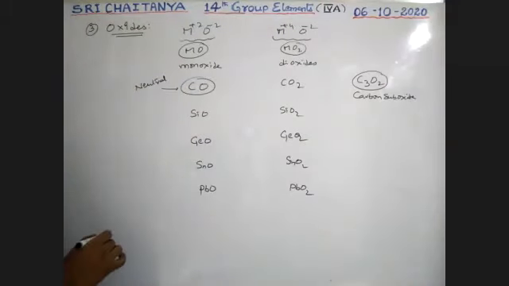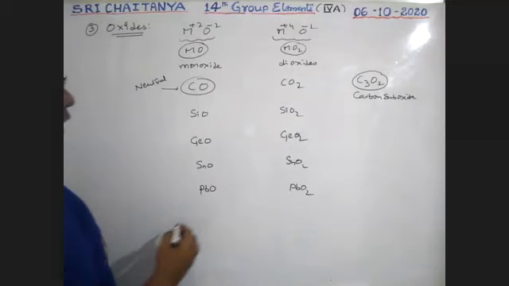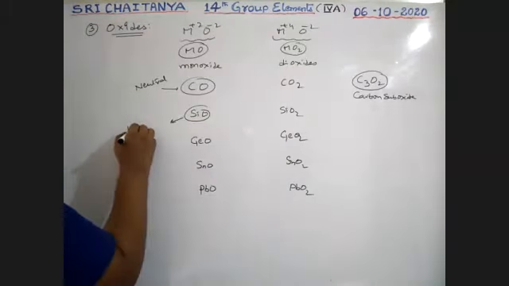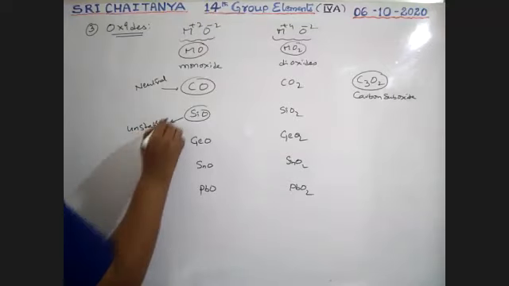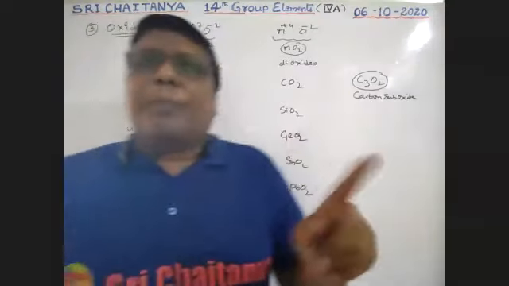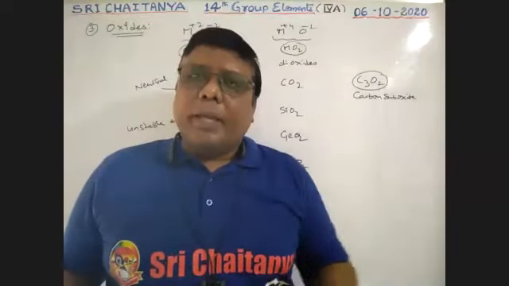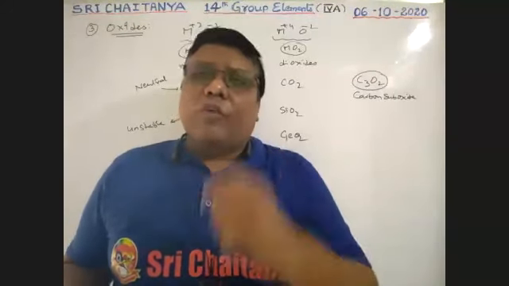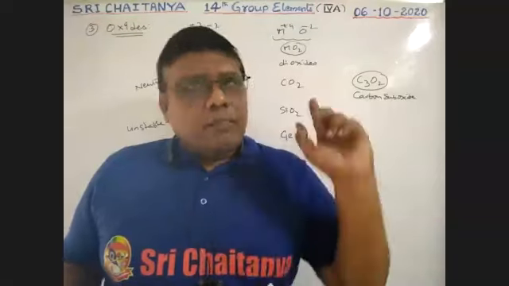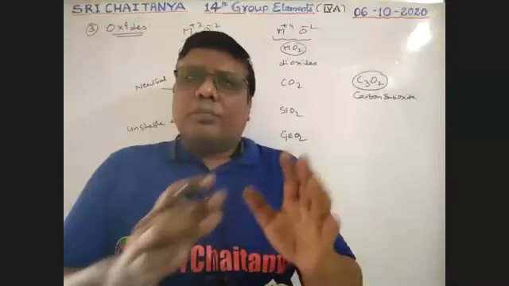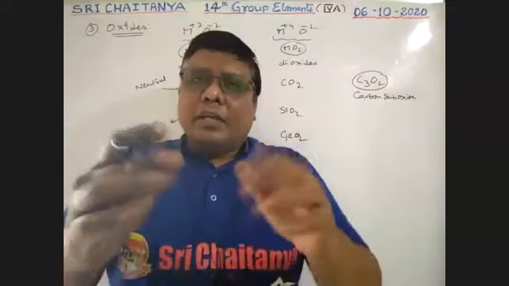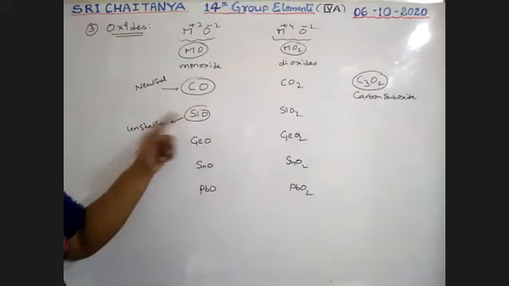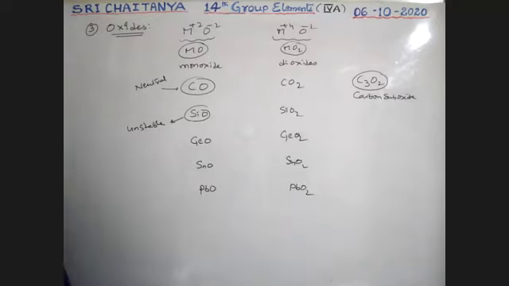Neutral oxide. So next, SiO. This is almost unstable. Already I covered this concept at the time of p-pi bond formation. CO exists but not SiO. So please go and search there. So p-pi bond formation. The example is like this. So CO exists and SiO almost does not exist. It is unstable.